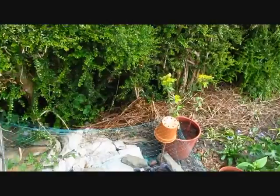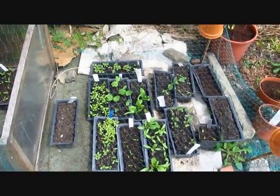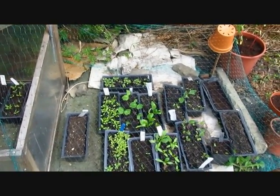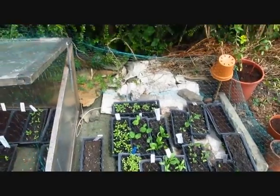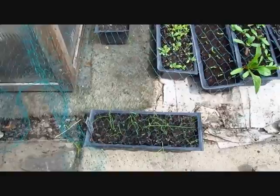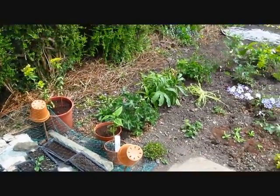Okay, here are some of the things that are ready to go out. Spinach, purple and green sprouting broccoli, and lots of annuals, but they're not really getting away, so yeah, a bit disappointing. The leeks are very disappointing. There we are. Biggest change probably is the flower border,